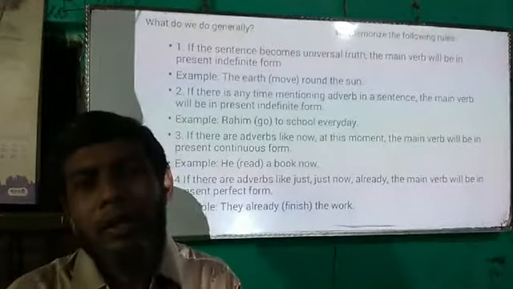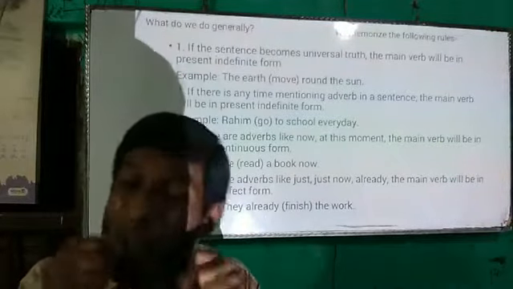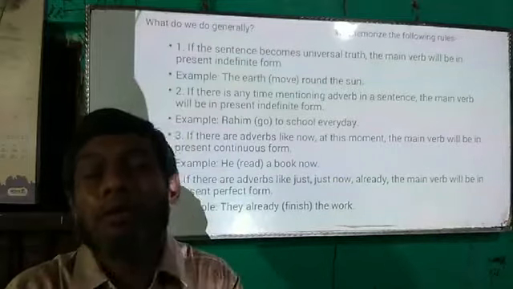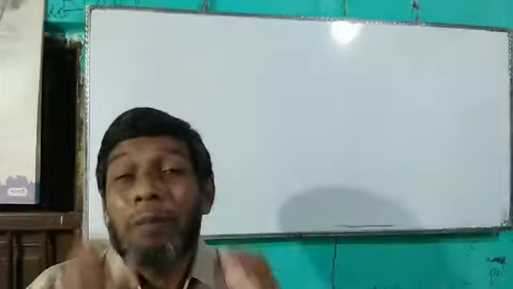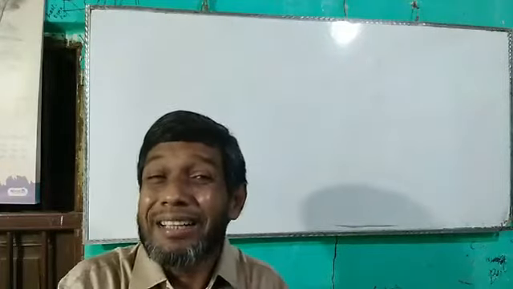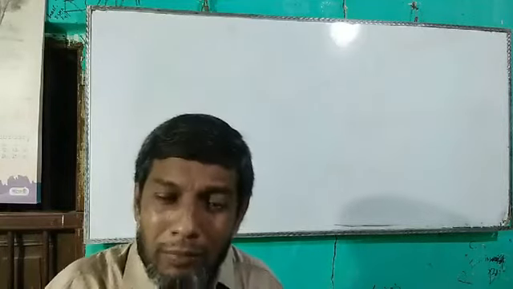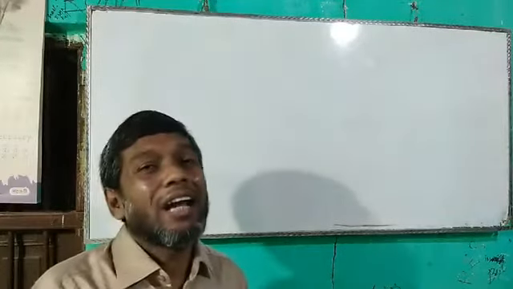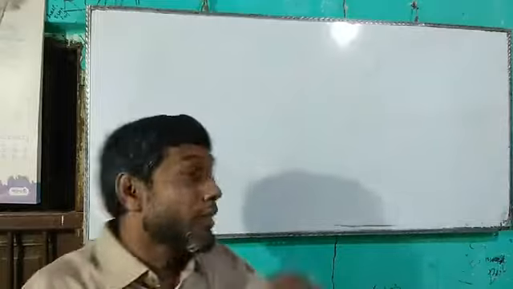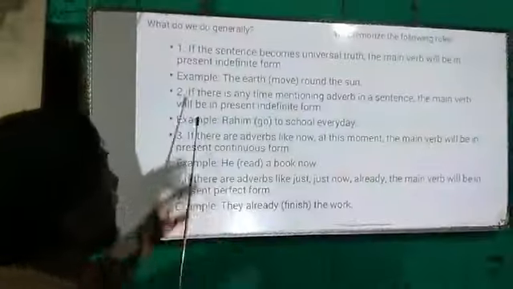These rules are very, very much important, very much necessary. But the question is, I have memorized 40 rules or 50 rules, 60 rules. As a teacher, I have memorized 45 rules, and at any time, I can tell these rules in a row. But what is the problem? The problem is that when I go to the context to fill in the gaps, then I cannot understand. I cannot match the rules in the context. So dear students,